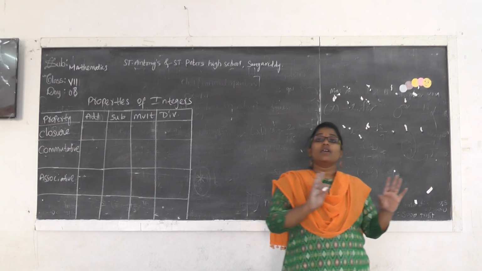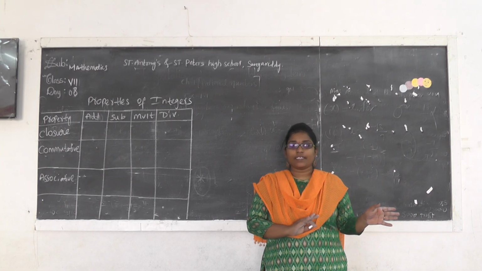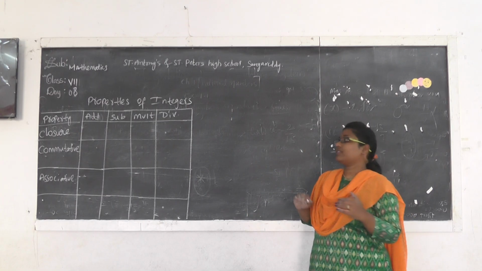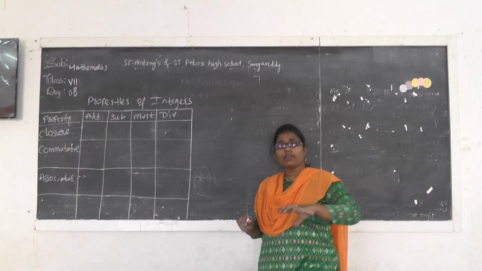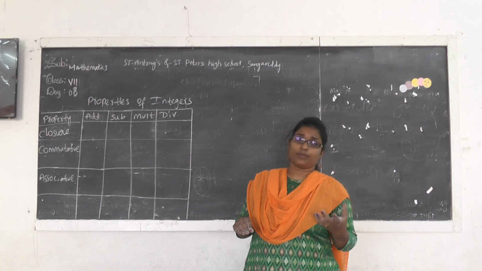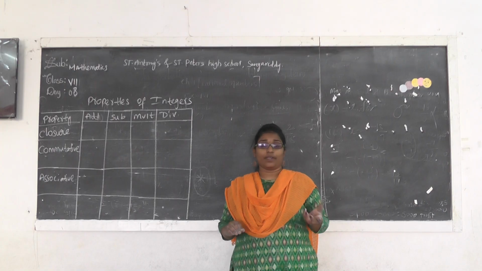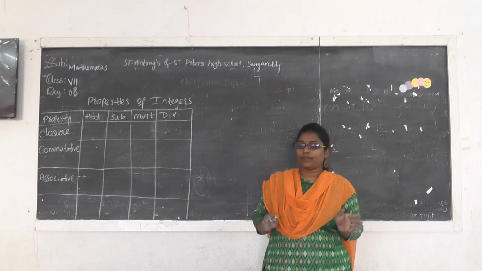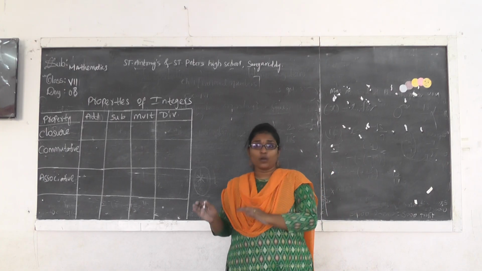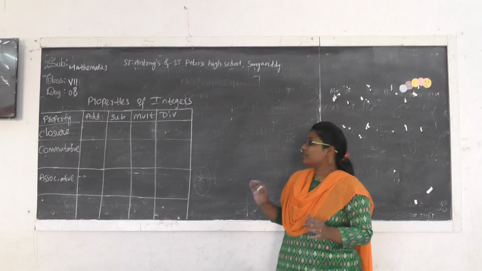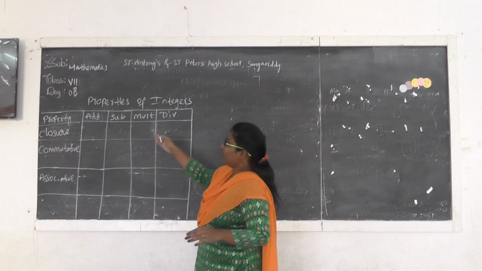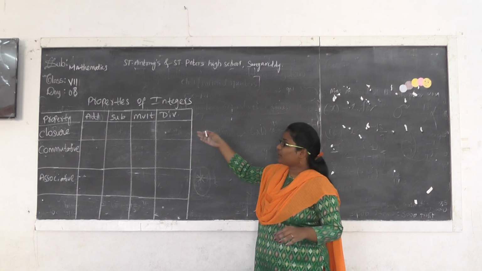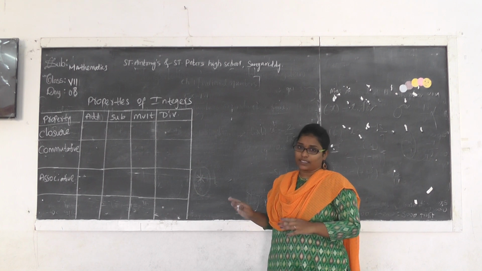We solved the problems based on multiplication of integers in exercise 4. So now the next concept is about properties of integers. You already learned the properties in grade 6, that is closure property, commutative property, associative property, but we solved them under whole numbers, right? Now we are solving the properties of integers: closure, commutative, associative, under addition, subtraction, multiplication and division. So let us see this.